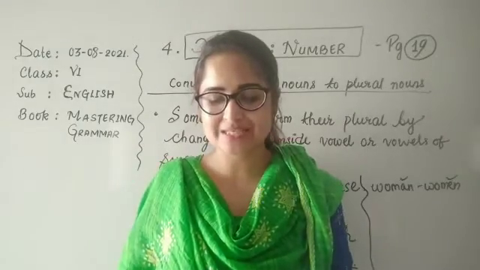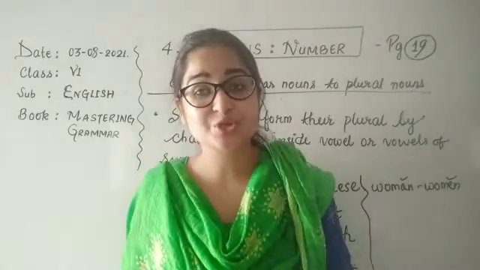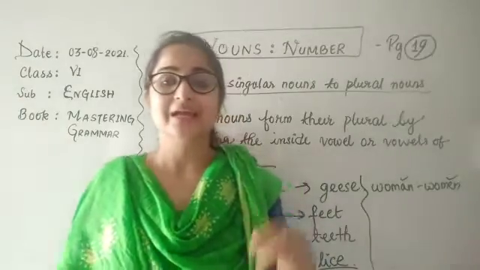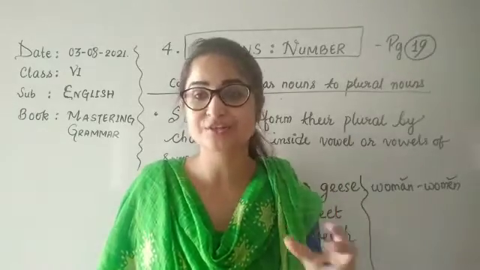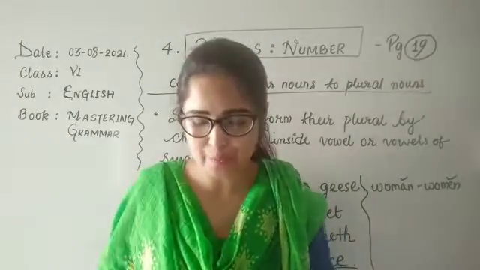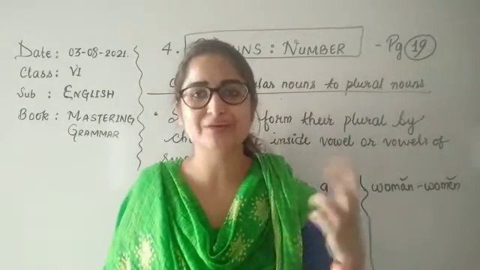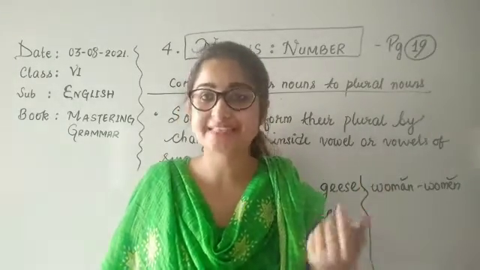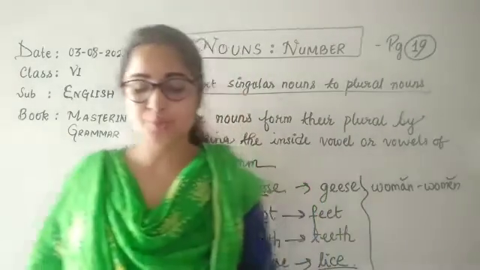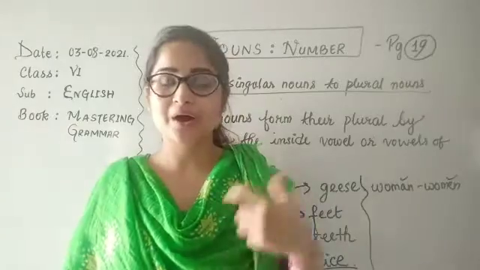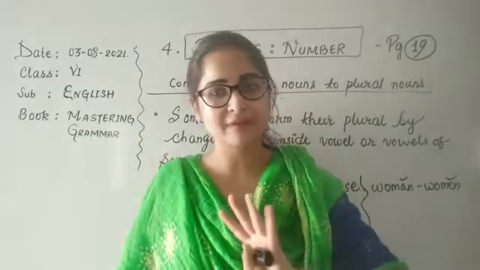Now, if a noun consists of several words, like compound nouns, the S is added to the main word. Now children, I will help you understand what is a compound noun. Two separate nouns which individually mean something else, but when they come together, they form another meaning. Like you can see here, son, in, law are different words, and they mean different things. But when they come together, like son-in-law, they form a completely different meaning. So the noun which is having its plural form will be changed, and the rest of the word will be left undisturbed.